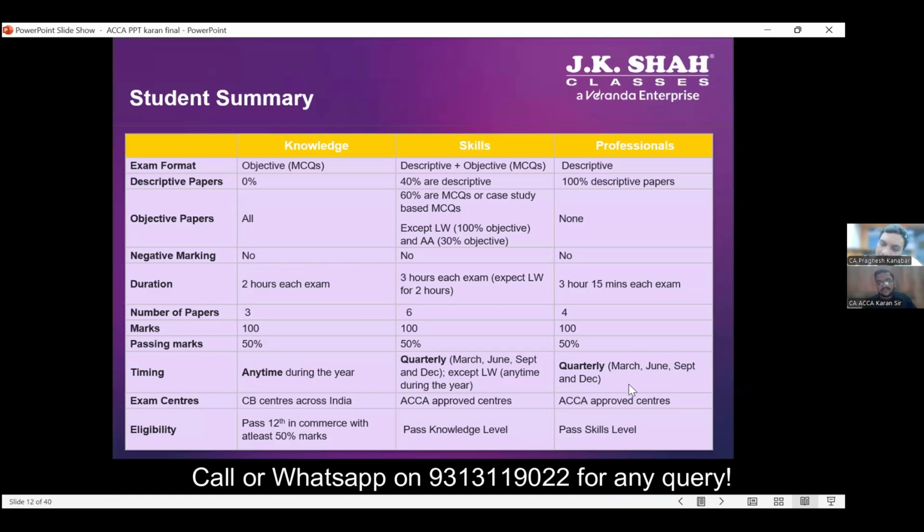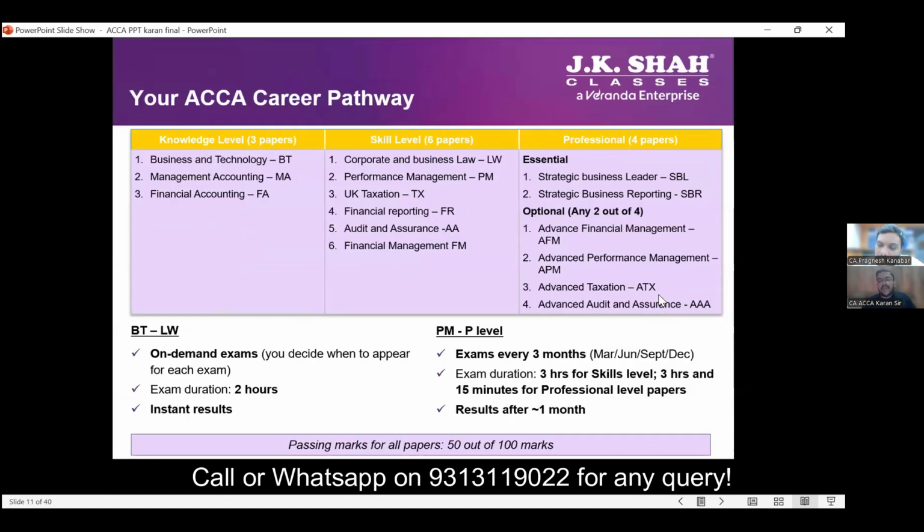In one attempt, can I give all the 4 papers? Yes, very much possible. If I have the capacity, I can give all 4 papers in one attempt. What was your personal choice? What did you do? I gave 1 paper at a time, and in one attempt I gave 2 papers, because of the working reason also. But if these people are not working, for example, and they want to give all 4 papers in one go, they can still do it.